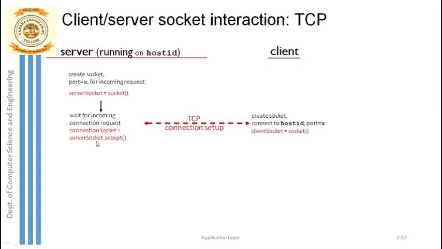The moment the accept function is called, you can see here serverSocket.accept. Server socket means you are receiving the request through the welcome socket, the first socket, and if the server is ready, then it will accept it. Once it accepts, a new socket is created, and that new socket is the connection socket. That is the second socket, which is now dedicated to this requested client.